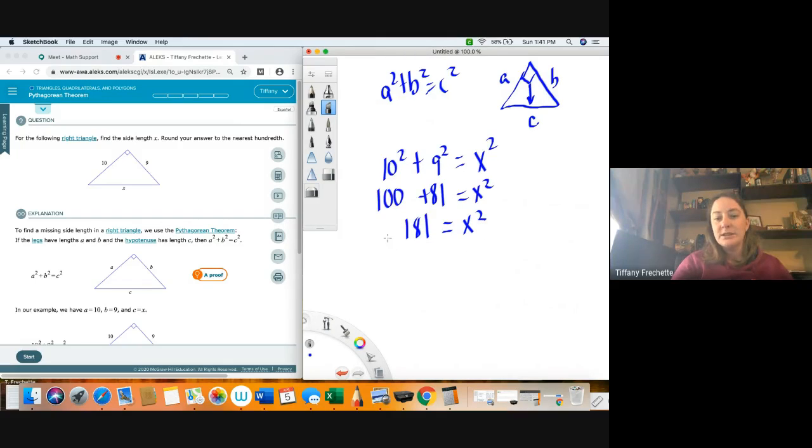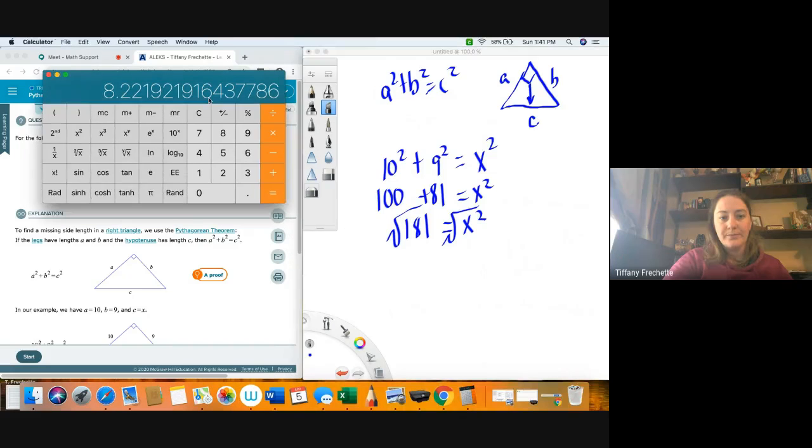So when we get to the end here, we just have to take the square root. Let's see, do I have calculator still open? Ooh, I do. If I type in 181, this is what your calculator should look like. As long as you're using something like this on the phone or the computer, usually they're pretty similar. You type the number in first, and then you hit this square root button. Mine has the 2 on it. Some don't have the little 2 there. If it doesn't have a 2, it's assumed the 2 is there. So if there's no number at all, that means square root. You click the button, and we have